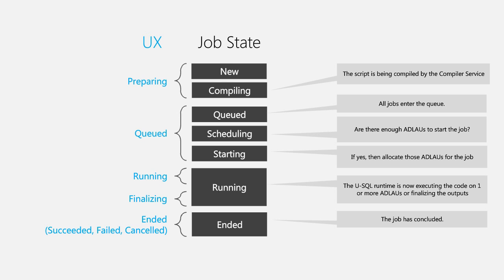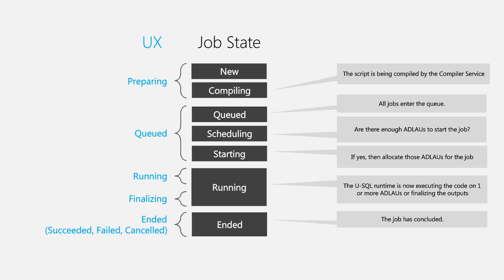Once it goes through new, the query that you submitted gets compiled by the Azure ADLA service. Once the compilation is completed, it emits certain intermediate files. We are going to get into detail on how it compiles. Just for your basic understanding, it compiles your code into C# and C++ code. You may be wondering why I'm bringing in C++. We'll look at it in the next slides. And once it's compiled, the next step is to queue.